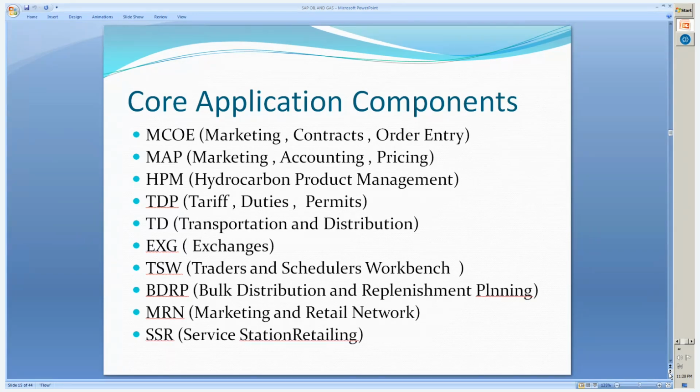Especially in the case of oil and gas, temperature is one of the environmental factors, depending on which the volume will keep on changing. So that has to be taken into consideration in terms of inventory management and sales order delivery billing. So using HPM as the core proprietary application component,